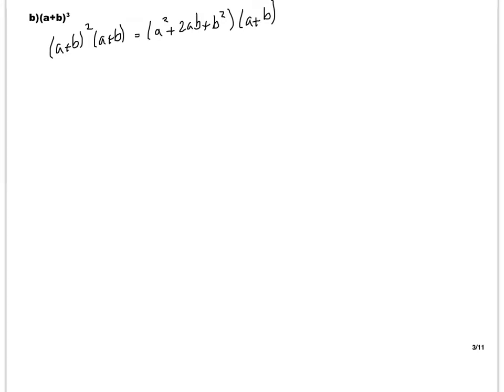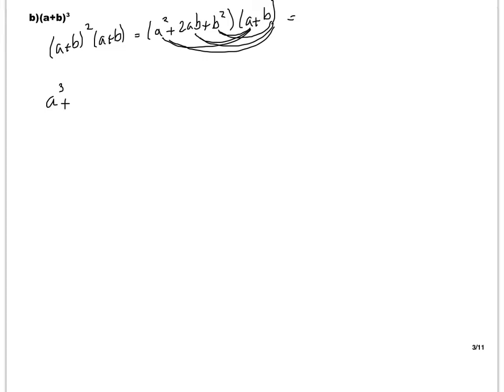Now I'm going to again multiply every element in the second bracket into the first bracket. So it's going to be this times this, like this, and this like this. So if you expand it, a times a squared gives me a cubed,